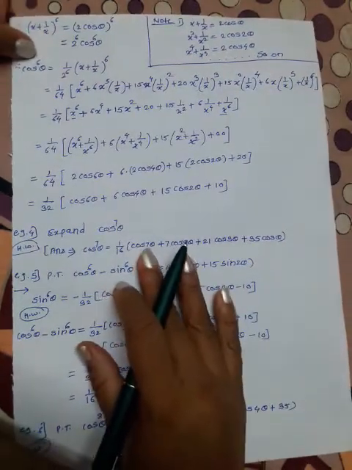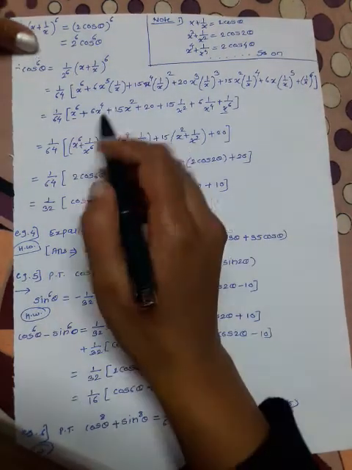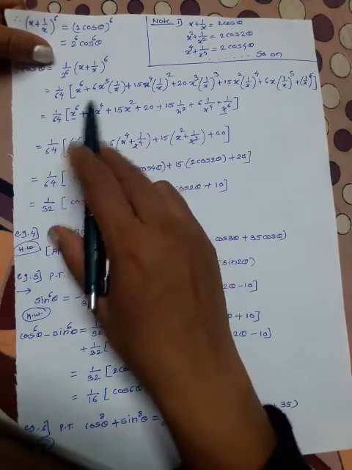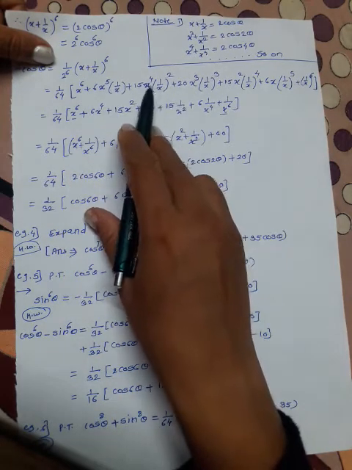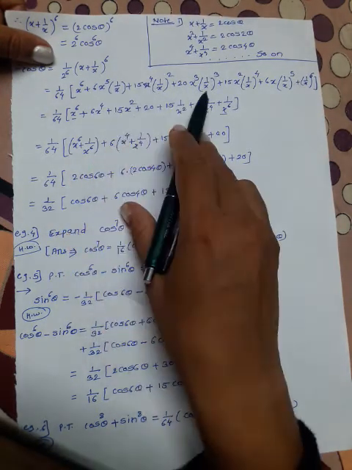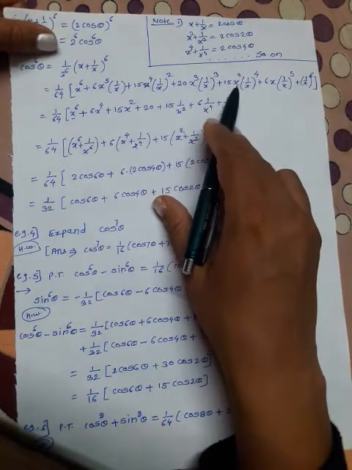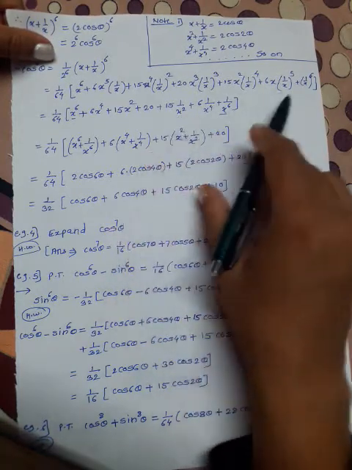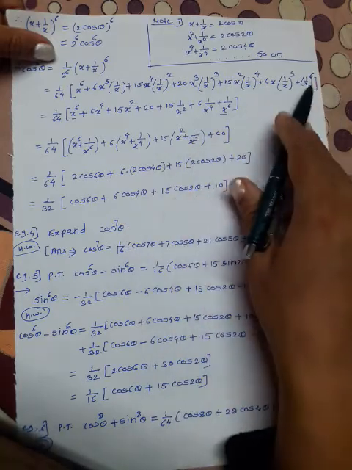Okay, now simplify the powers. Here 1 x gets cancelled, x raised to 4. Here x square gets cancelled, x square remains. Here x cube gets cancelled, 20 only is there. x square here gets cancelled with the denominator, 1 upon x square remains. 1 x gets cancelled, we get x raised to 4. Here x raised to